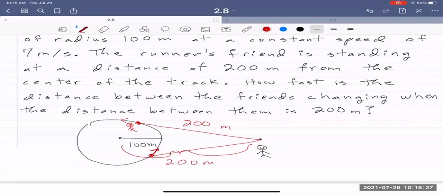Let's see here, wait. It doesn't say, it just says the distance between them is 200 meters. So it doesn't say if you're running towards your friend or away from your friend. So I really won't know the sign. So I'm not going to be able to figure out the sign. Okay, so